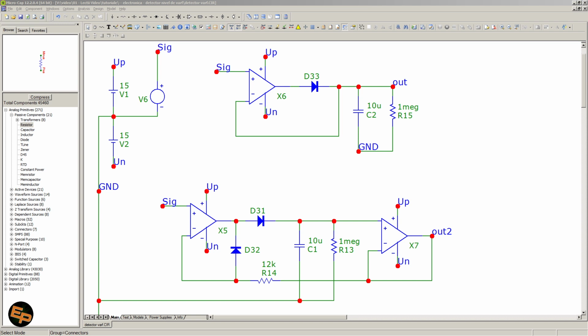Today I would like to show you a couple more useful circuits for some projects that I want to build in the near future. I needed to first find and then test a peak detector circuit. I found two of them on the internet. I tested them, they are good enough for me, at least the enhanced version. We have a simple version and an enhanced version, and I want to present them to you in this video